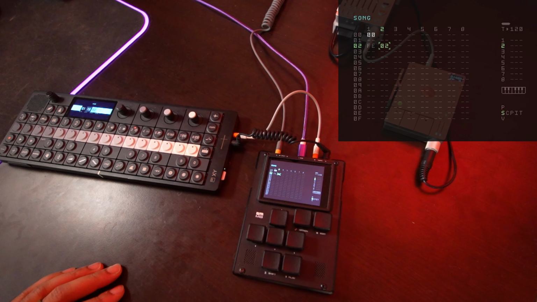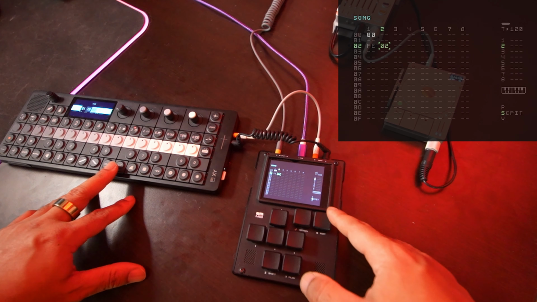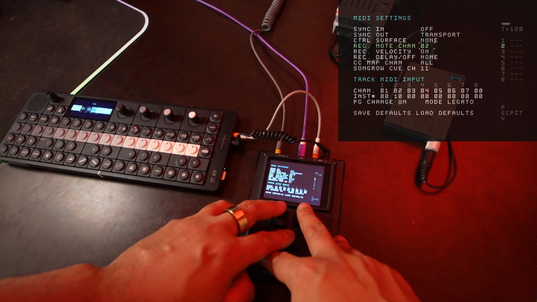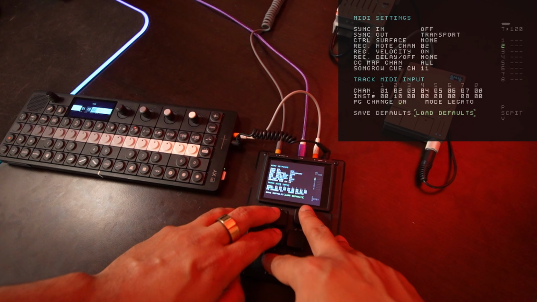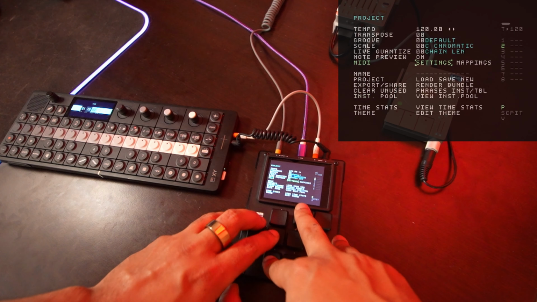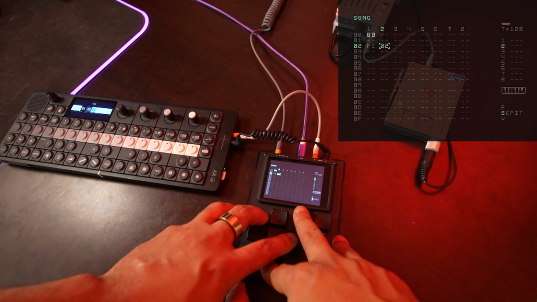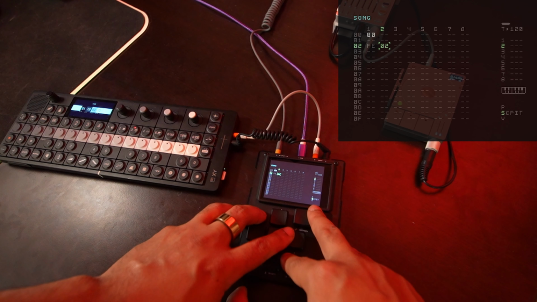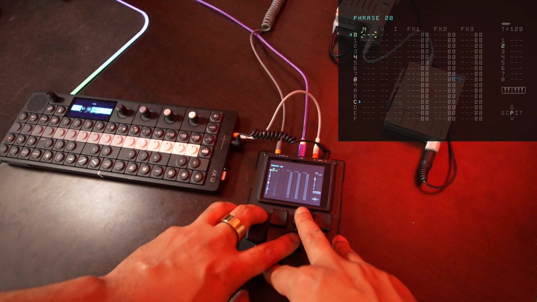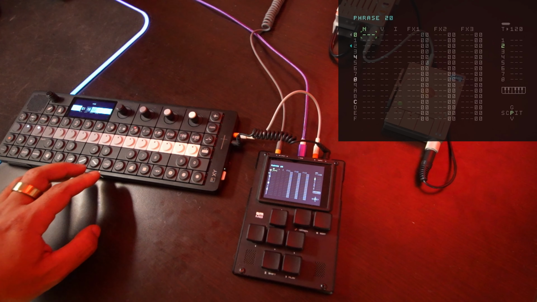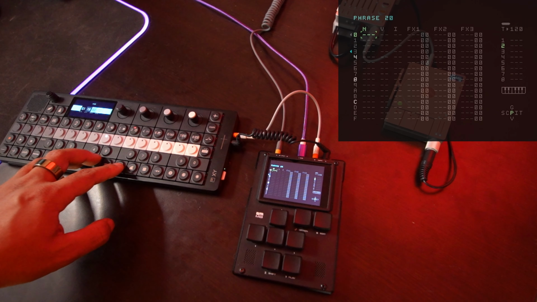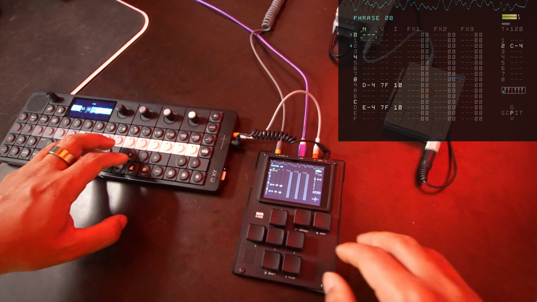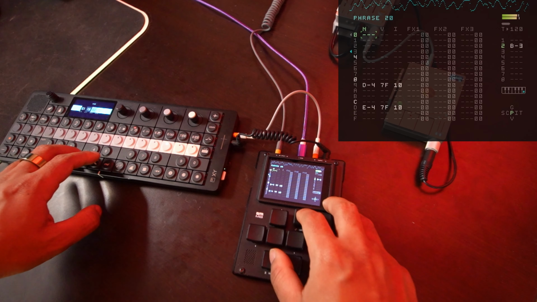So in order to record a 4-bar phrase with your OP-XY to the M8, you would just have to make sure that in your settings, record note channel is set to 2, and instrument 10, all that's good. I have 4 empty bars here. I would just start and press play, go into the phrase here, and then once it loops back around, you can see that it's actually recording. And if you go to the other ones,